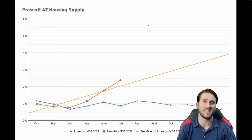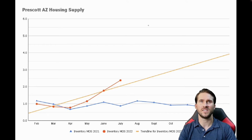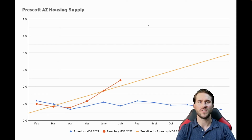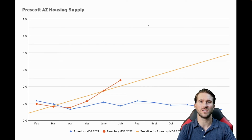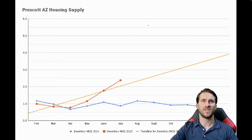Shoot, we haven't seen this since really 2020. In the mid 2010s, so 2015, 16, 17, 18, we were seeing a lot of this. It was a very balanced market back then. We were seeing sellers paying for closing costs at a full price offer, giving home warranties, and doing other things creative that way. So now that we've interpreted this data and we know that we're still in a seller's market,